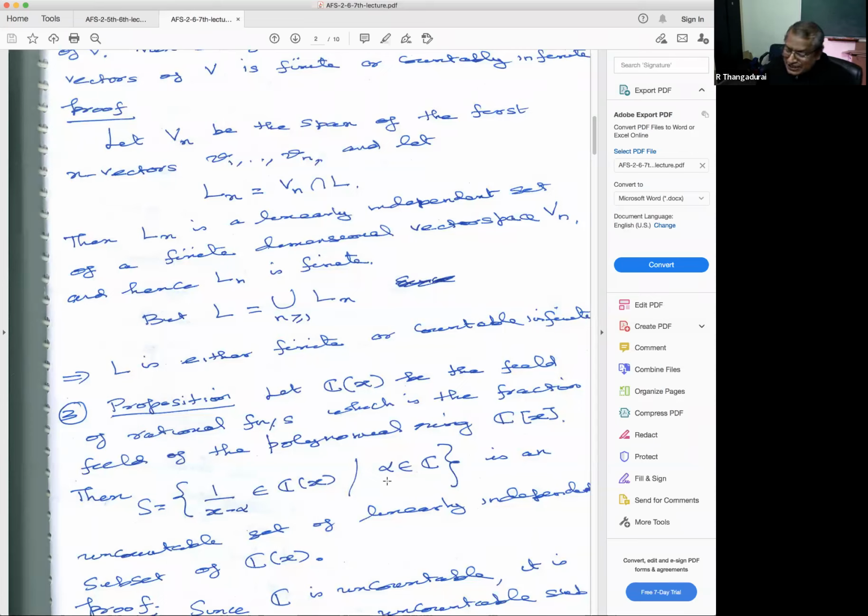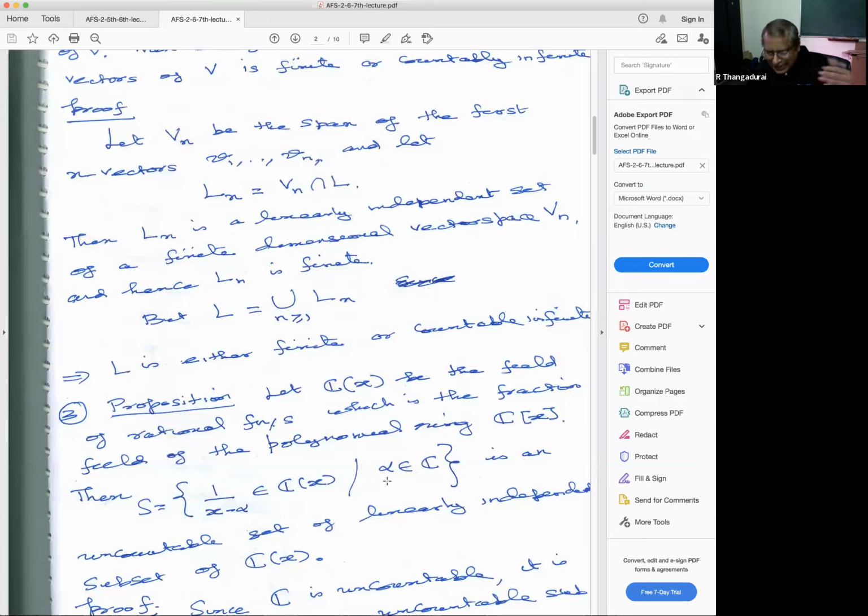Here, linearly independent over C means what? You see, it's not like numbers. It's all polynomials, rational functions. Coefficients we take from C, like the sum of a_i x_i, the linear combination, is equal to 0. Here coefficients we are taking from C. Equal to 0 means what? Equal to the zero function. That is what I am asking. You see, what we are taking is a zero function. If we want to prove it is non-zero, then we have to produce one particular point where, when we plug it into this function, it should not be 0.